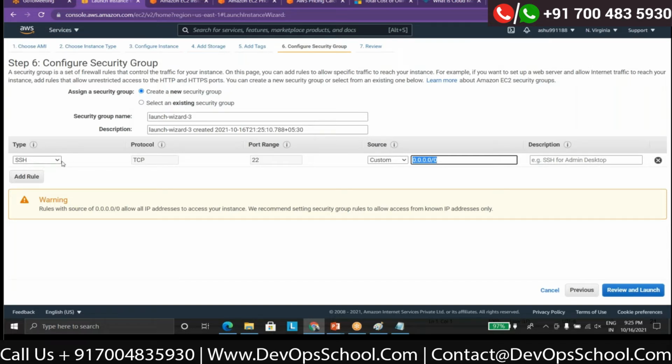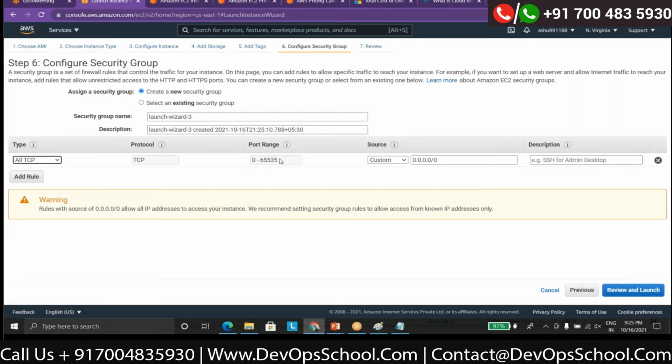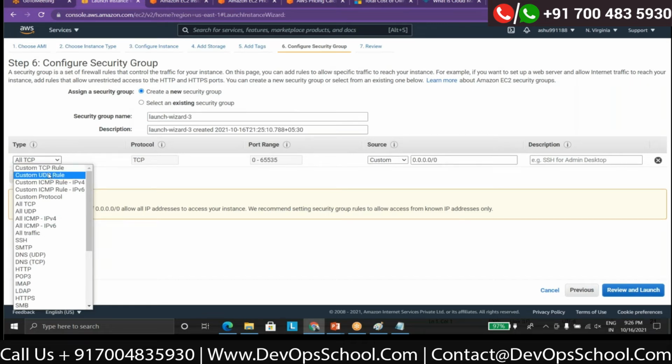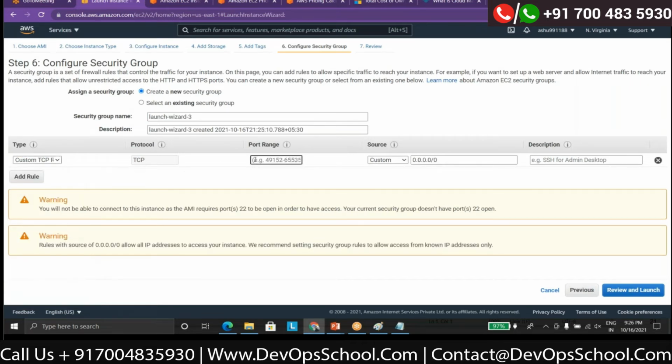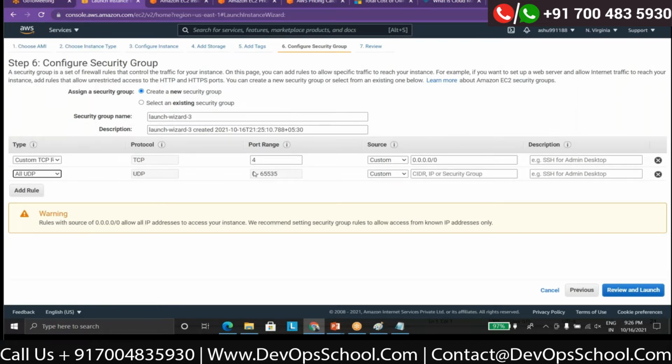Again, if you want to go granular, you can allow all TCP ports, you can allow the access here and put the IP address here. If it is 0.0.0.0/0, it means it's allowed from all across the world. You can go granular and allow custom TCP, for example, only one port number. I can add more rules. I can allow only the UDP port or all UDP ports. So that's what you are doing: you are setting the firewall on the instance. Only these ports are allowed. Apart from this, nothing is allowed.